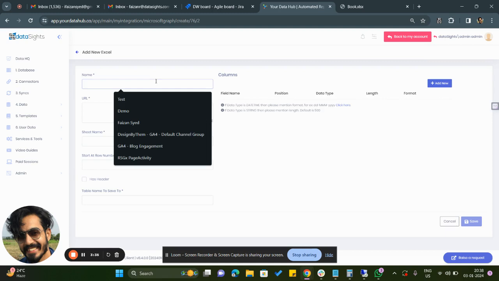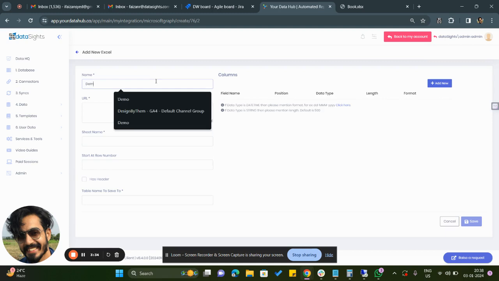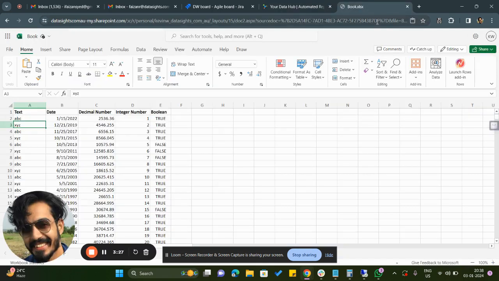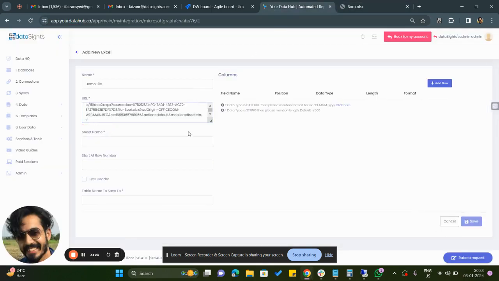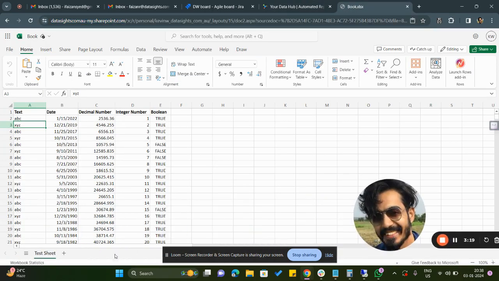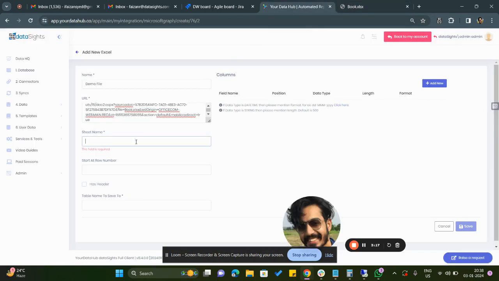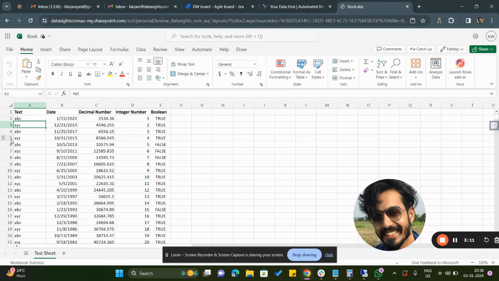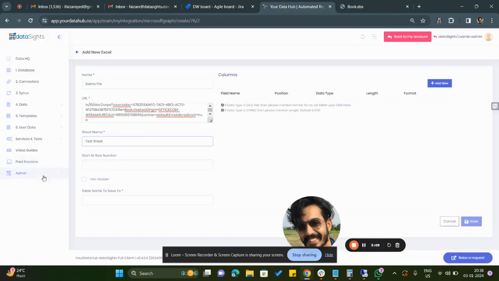Mine is demo file and URL. Just go ahead and copy the URL. This will work. Yeah, and give the sheet name. So in this case, test sheet is the name. So test sheet. If you want to start with from a particular row